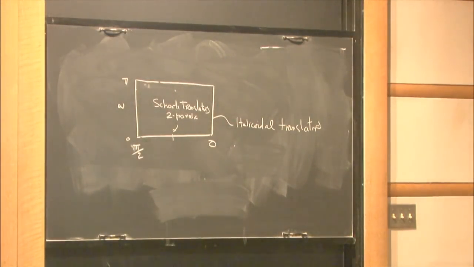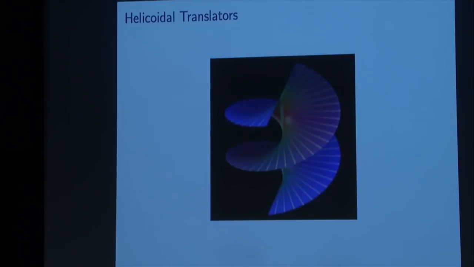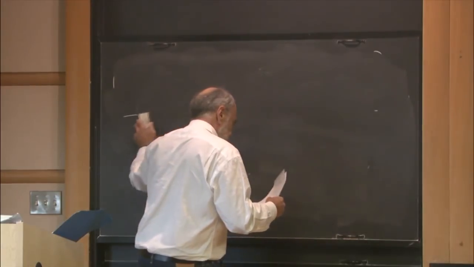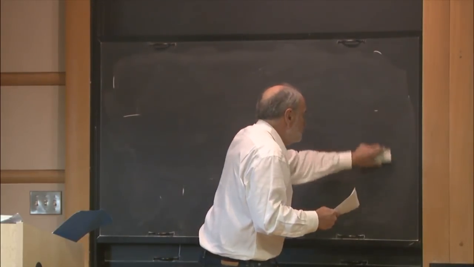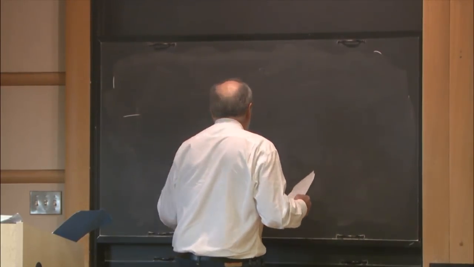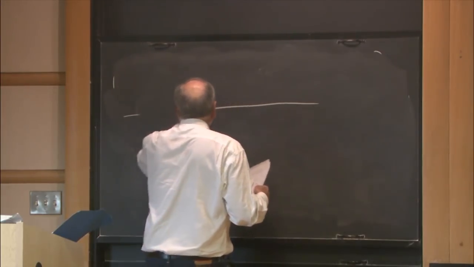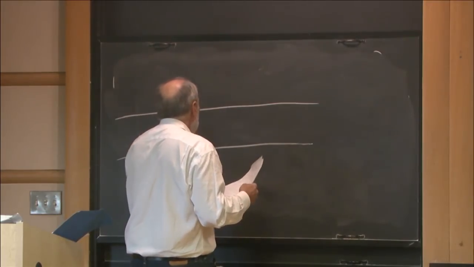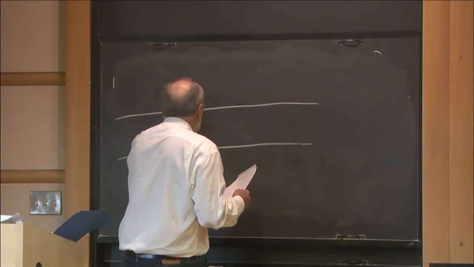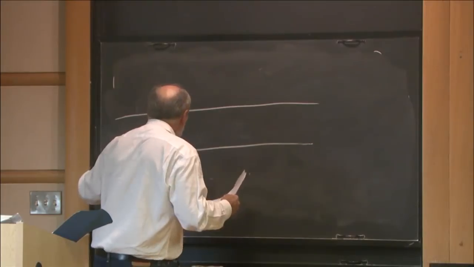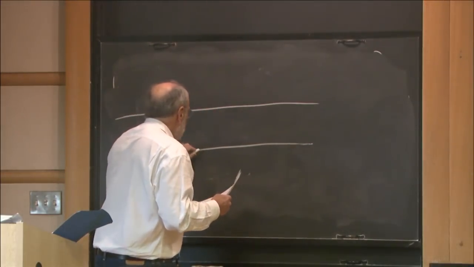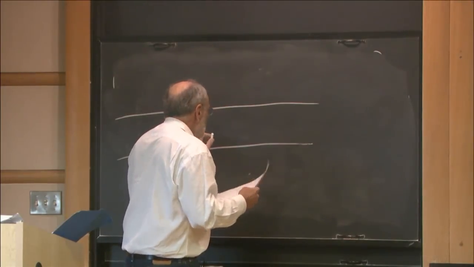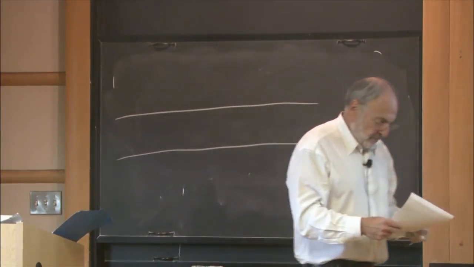So let me try to show you what happens. So you're going to width pi. And now at each stage, the width is going to pi. And the question is, what happens to